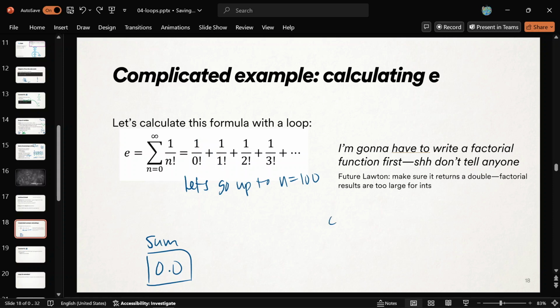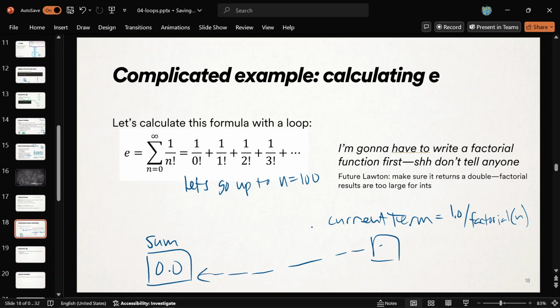All right, so I'll calculate that my current term equals 1.0 over the factorial of n, right? Because n is going to be changing each time. First it's 0, then it's 1, then it's 2, and so whatever that is in my current iteration loop, add that into sum. And if I do that 101-ish times, from 0 to 100, then we have a very, very good approximation for e in the sum variable. Okay, so that's going to work.